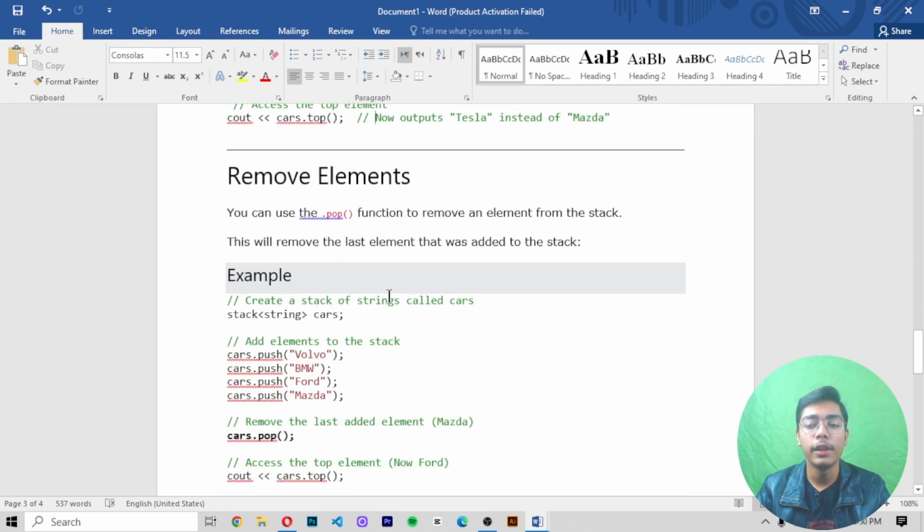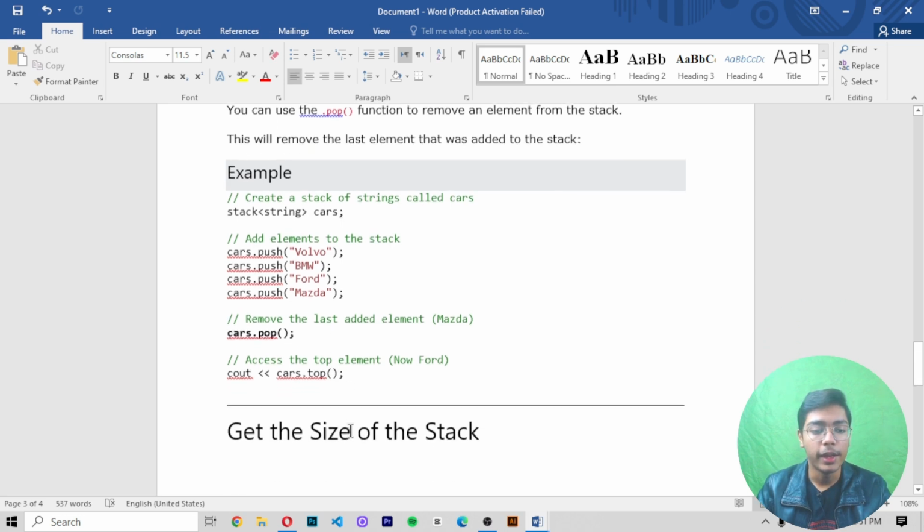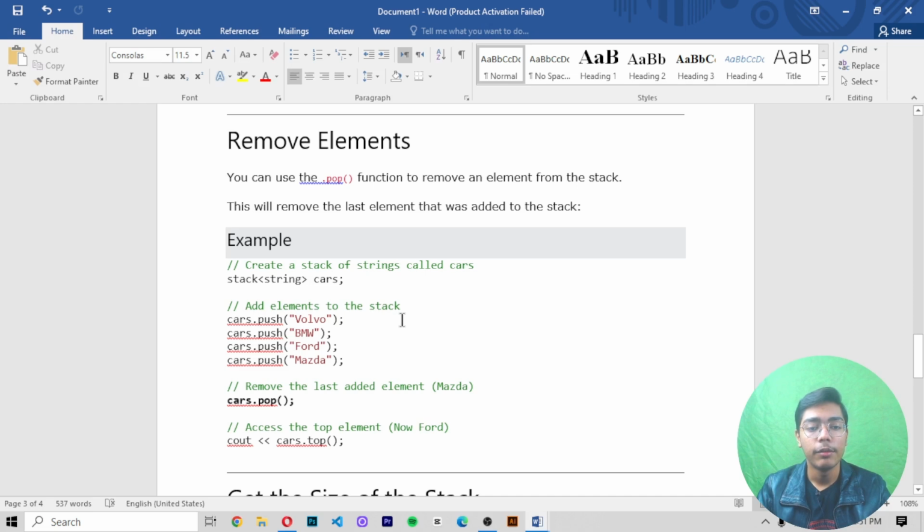If I move down and we learn how you can remove elements from the stack, you can use the dot pop function to remove an element from the stack, and this will remove the last element that was added to the stack. Like using this function you can remove the last value, which here is Mazda. So when I write cars.pop, it will remove the last added element, which is Mazda, and it will print only three values: Volvo, BMW and Ford. These three values will be printed in my output,